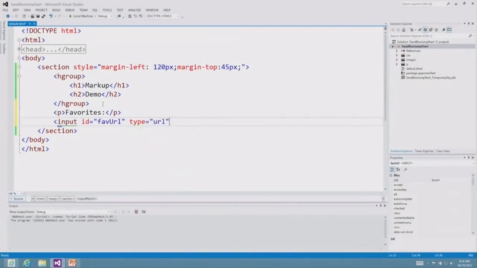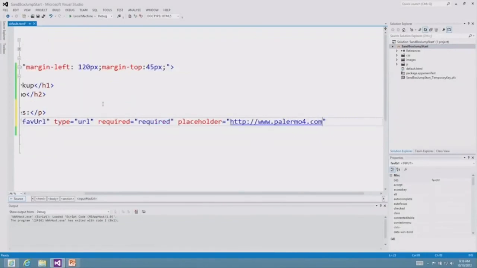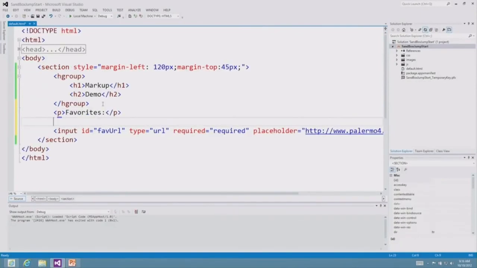Of course, that's a standard. I am going to use required. And I'm going to say required equals required, just so it doesn't look wrong to either one of us, because we've been in that world so much. And I'm going to set the placeholder, oh, why not? I'll just choose something like www.palermo4.com. Shameless. It's just shameful, that plug right there, but I'll just use my website there. Now, because I'm using an input tag like this, I am going to create a form tag as